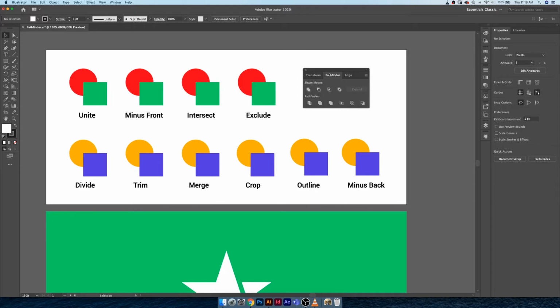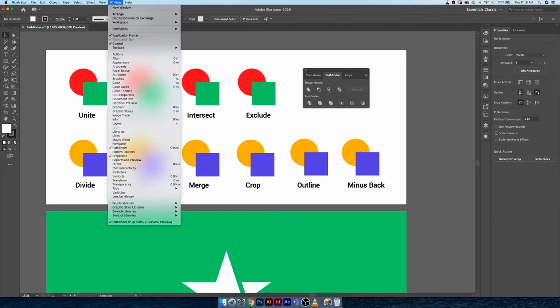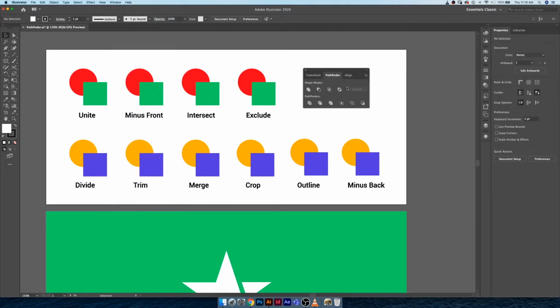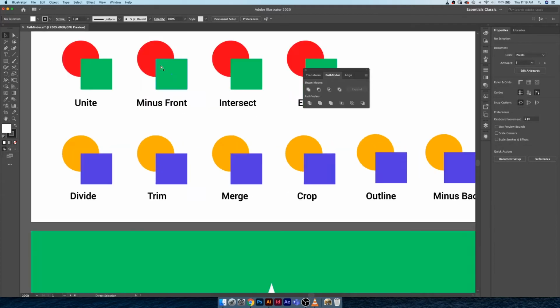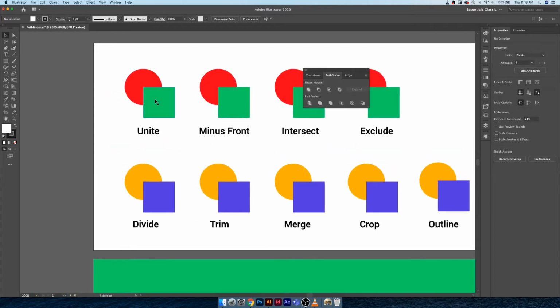So if you guys don't have the Pathfinder window open, what you can do is go up to Window, hit Pathfinder, and it'll open up this toolbox for you. It might have already been sitting on your right hand toolbar here, but just make sure you have it open. So Pathfinder basically takes shapes and gives them different commands in order to